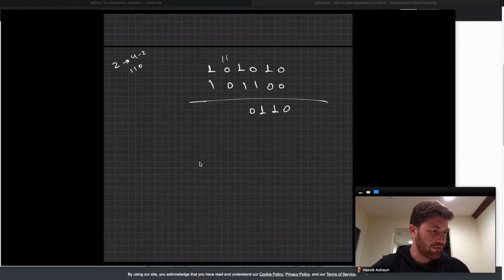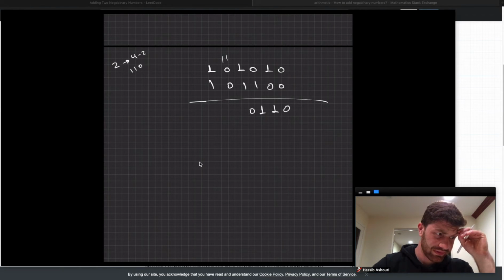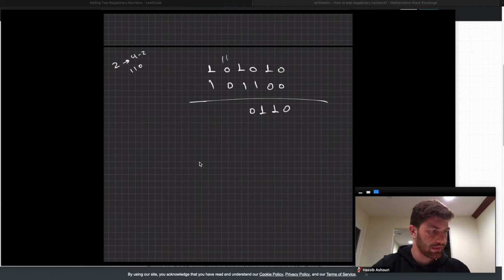And we have a 1, 1. Then the 1, 1 in Negabinary is negative 1. So the negative 1 is 1, and I still have another one right here. So we get 3. So 3 in Negabinary is